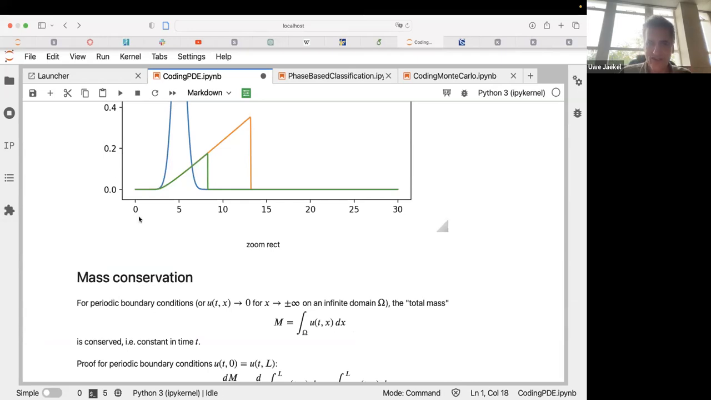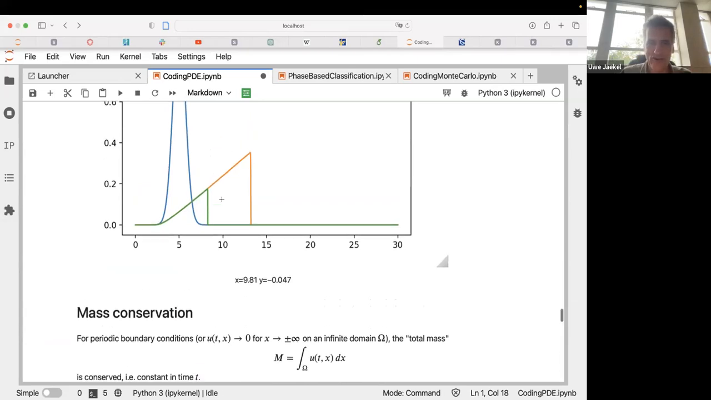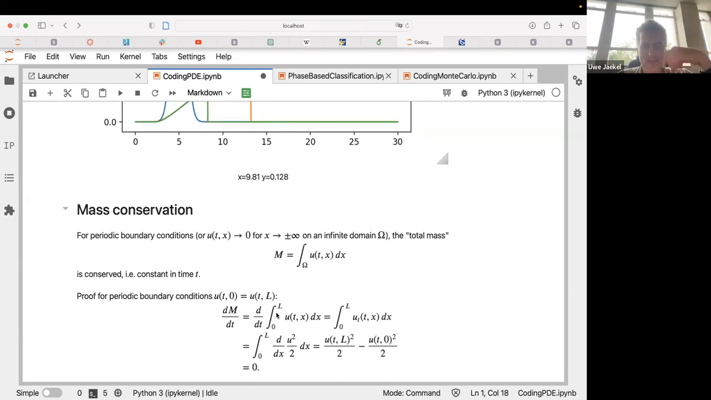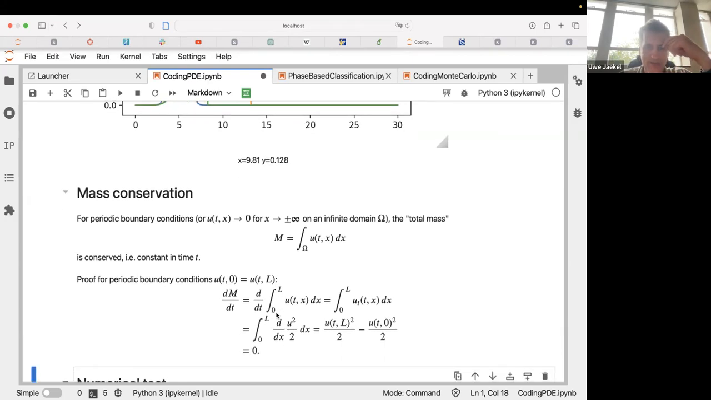Then the total mass, so the integral under this curve, is a constant. It's conserved. Yeah? It's a constant in time. Omega is the domain, so either minus infinity to plus infinity or 0 to L. How can we see that this is a constant? Yeah, it's a consequence of the